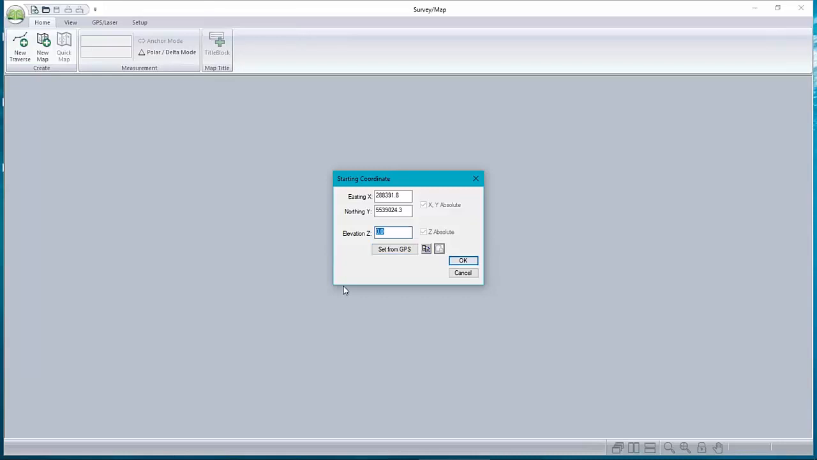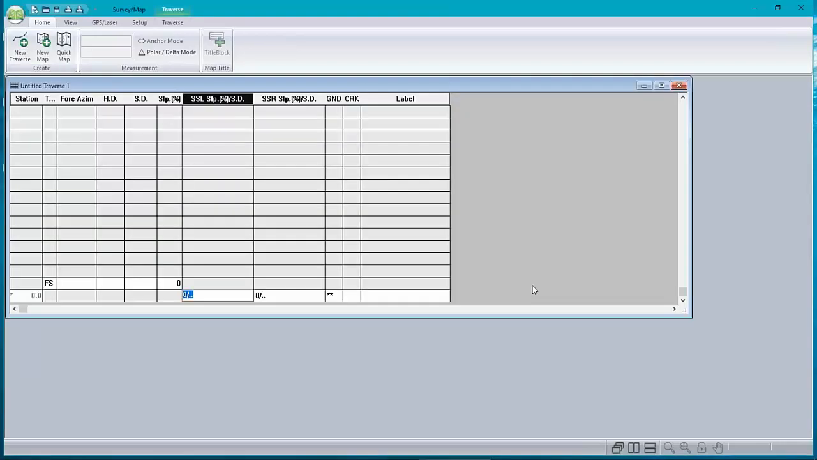Notice that my crappy Windows location is only providing elevation 0, which is not true. I'm definitely not at elevation 0, but we'll live with that. Okay, we're starting a new traverse. Now, if you're surveying with GPS, you don't have to enter azimuth and distance, but it's kind of nice to see them. You do have to enter side shots if you don't have any other information, but